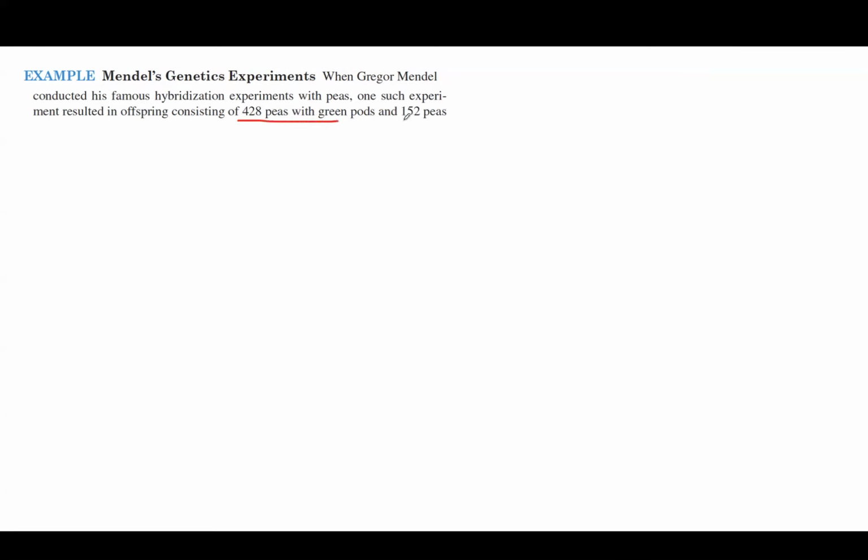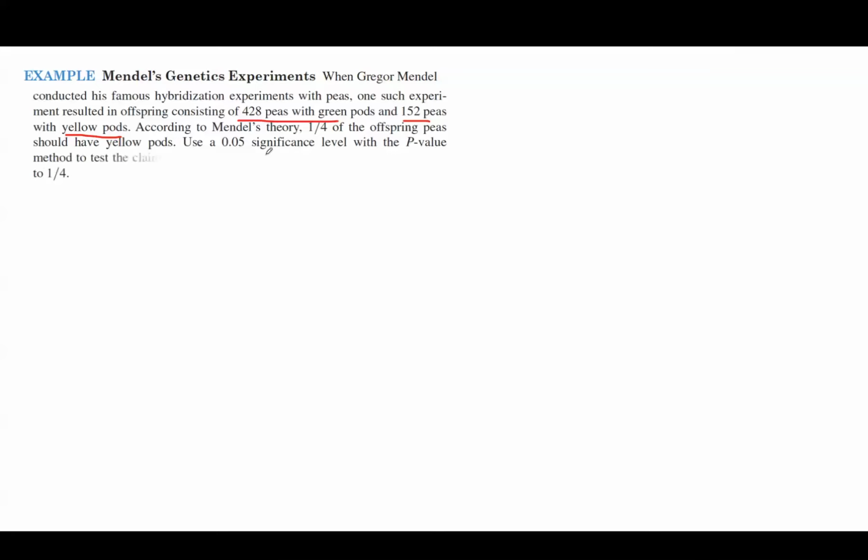Mendel's genetic experiments. When Mendel conducted his experiment with peas, one such experiment resulted in offspring consisting of 428 peas with green pods. So this is an important piece of information, and 152 peas with yellow pods. According to Mendel's theory, 1/4 of the offspring peas should have yellow pods. The question says use a 5% significance level with the p-value method to test the claim that the proportion of peas with yellow pods is equal to